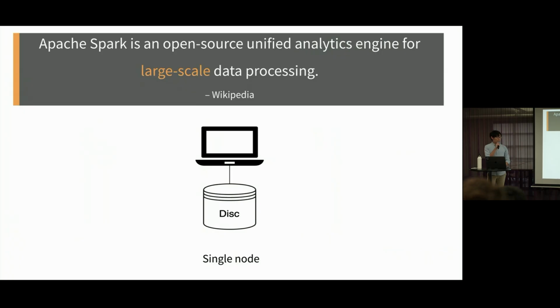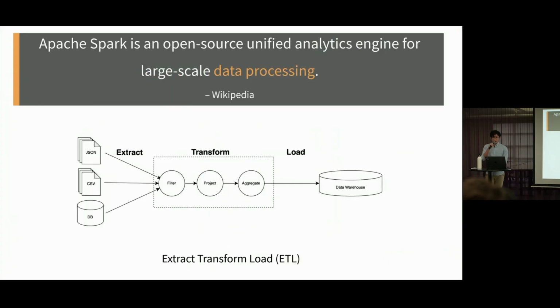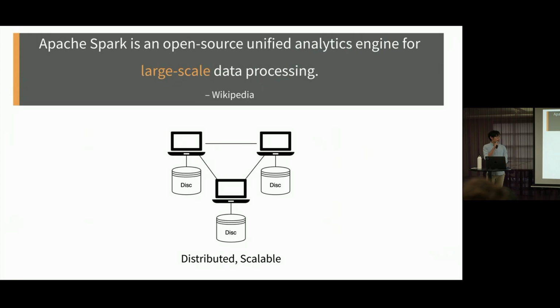Now let's talk about large scale. For non-large scale, you're probably going to use a single powerful machine with a single disk. For large scale, you're going to move towards distributed workloads. So for Spark, you're going to have multiple executors, parallelizing your workloads, accessing more disk, more I/O, more compute.